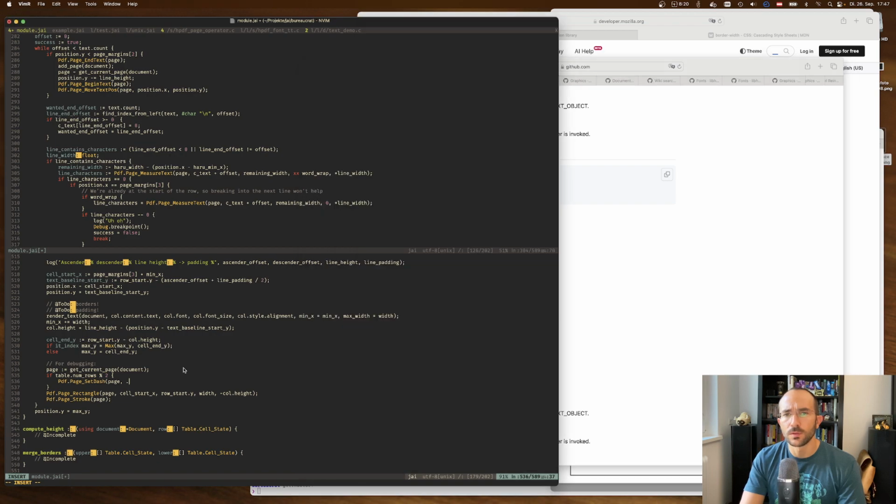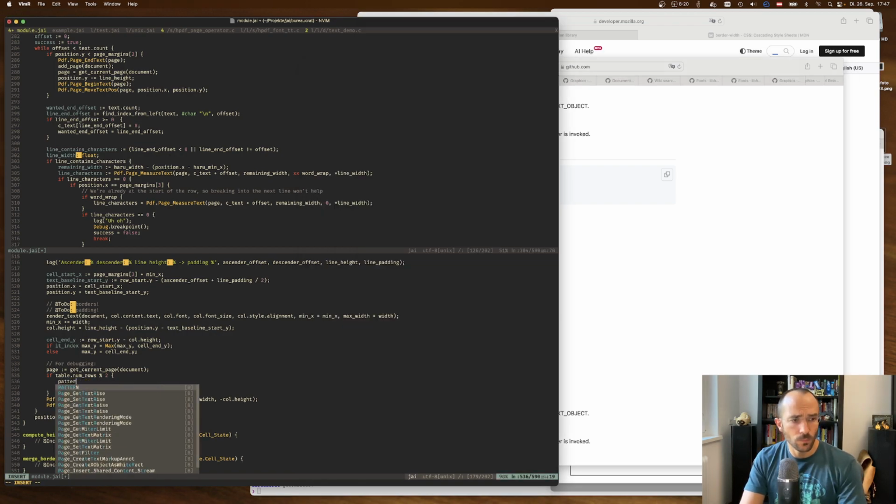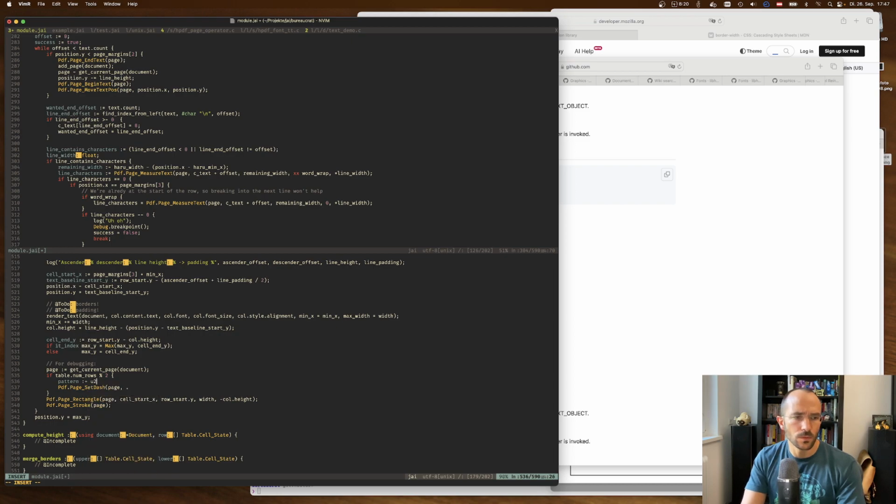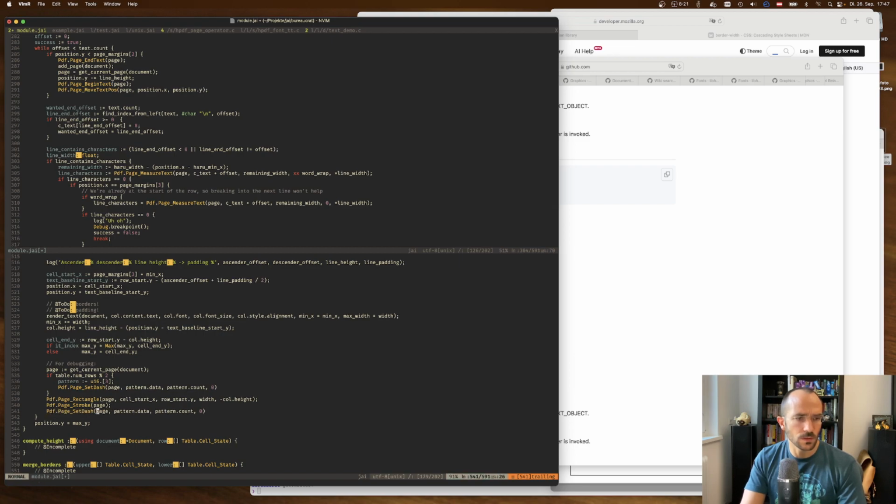This one's a pointer to, okay. We want U16, oops, dots, 3 is fine. Then we say pattern.data, pattern.count, and a phase of 0. And then at the end, we always say set dash null,